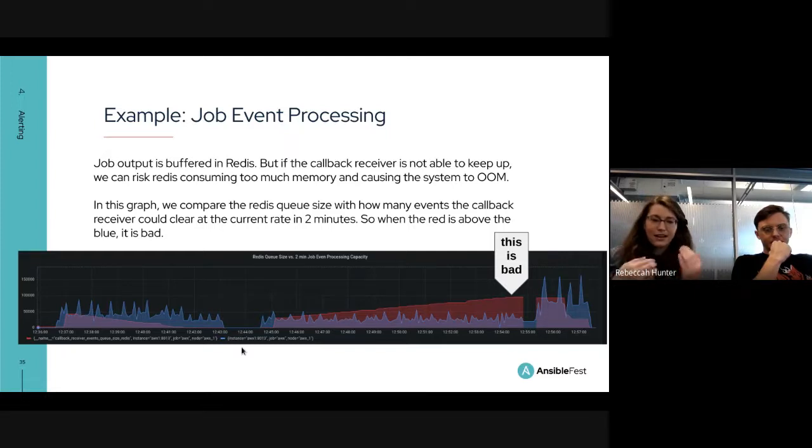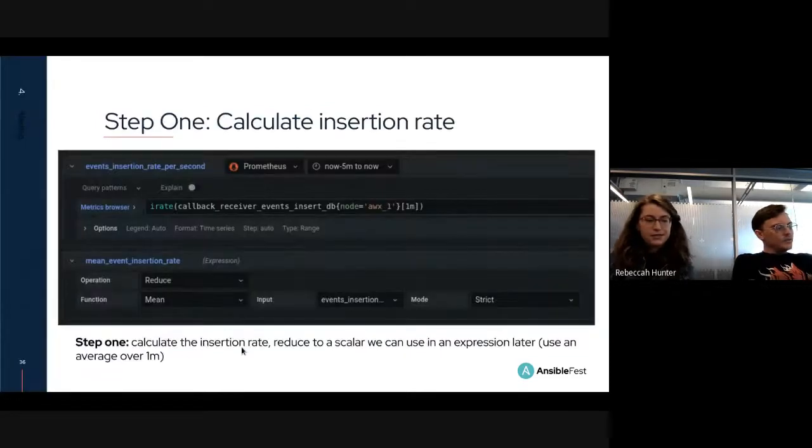So let's go ahead and check this graph and create an alert rule based on it. The first thing, in order to get that insertion rate, we need to take that callback receiver events DB, just like we said, a gauge to counter that's increasing over time, and we need to create a rate.